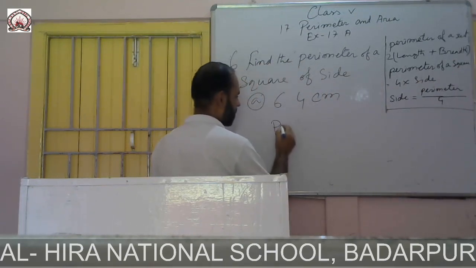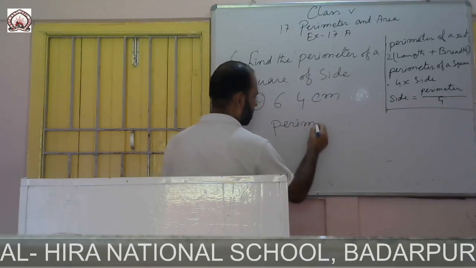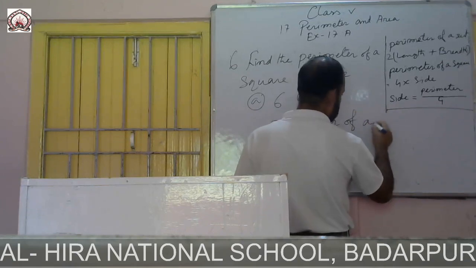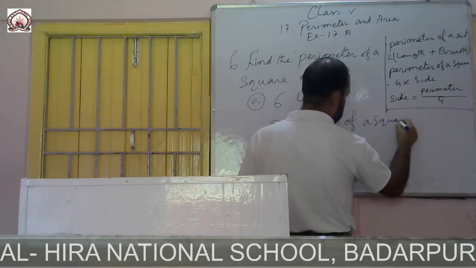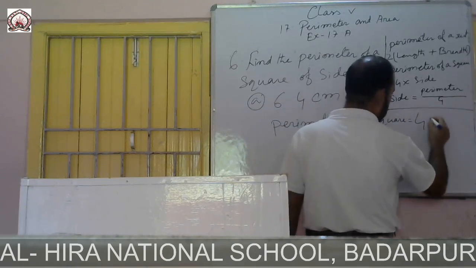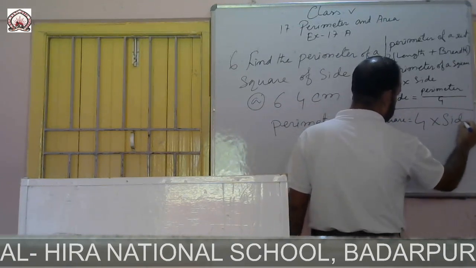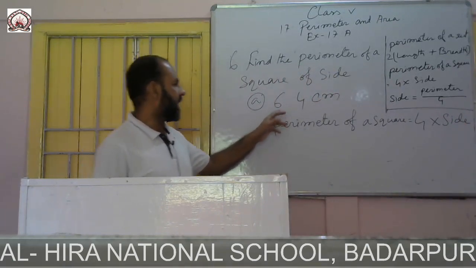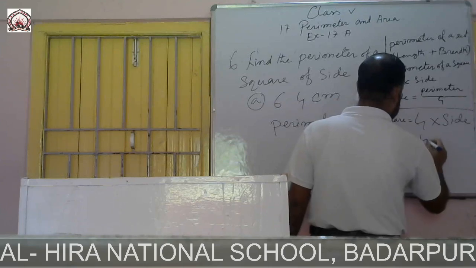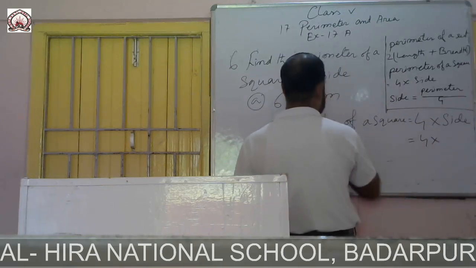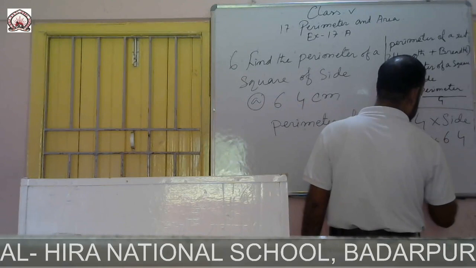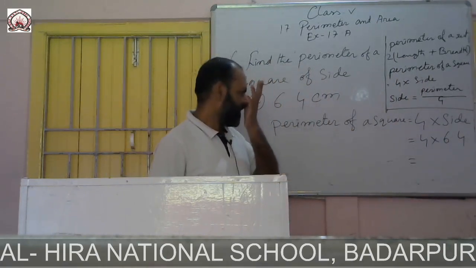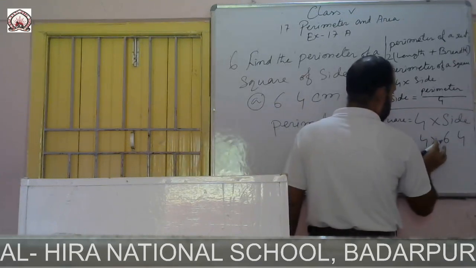Perimeter of a square equals 4 into side. So here, 4 into side, where side equals 6.4. So 4 into side. Now we multiply